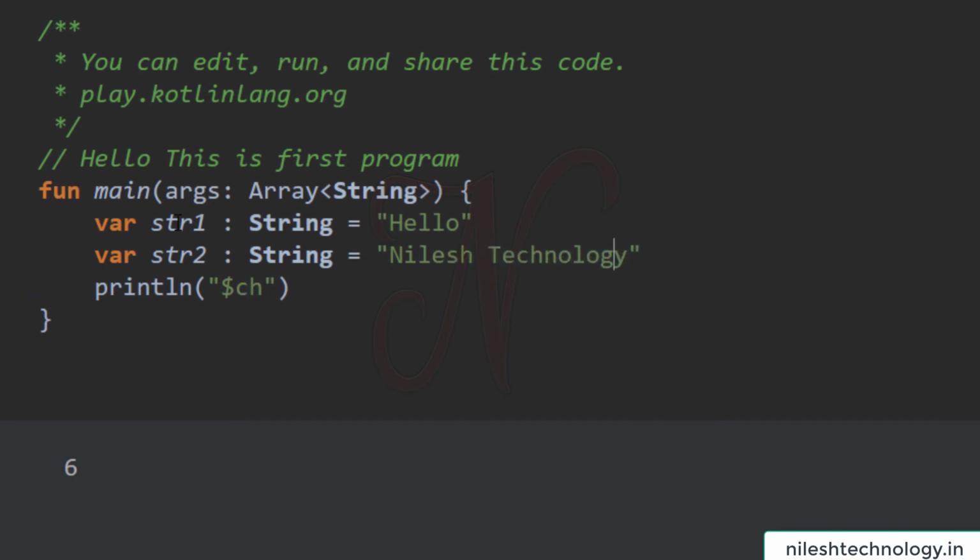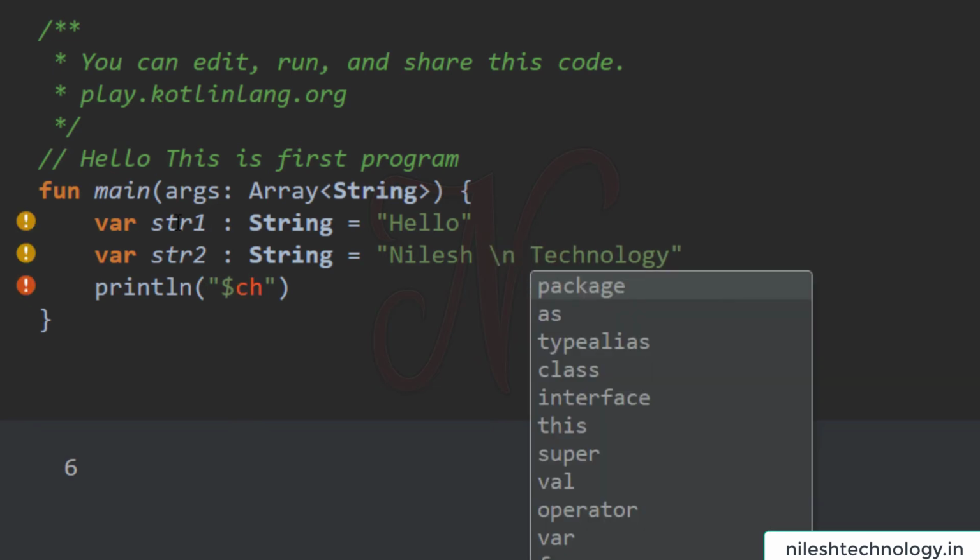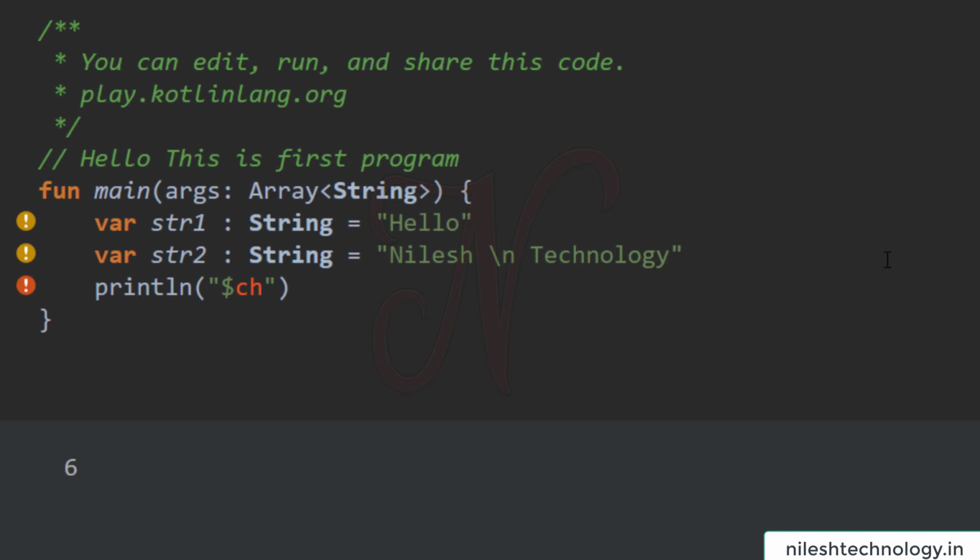So here we use the \n. \n is an escape sequence. So this is used to go to a new line. So the first string is known as the raw string, and the second string is known as the escaped string.